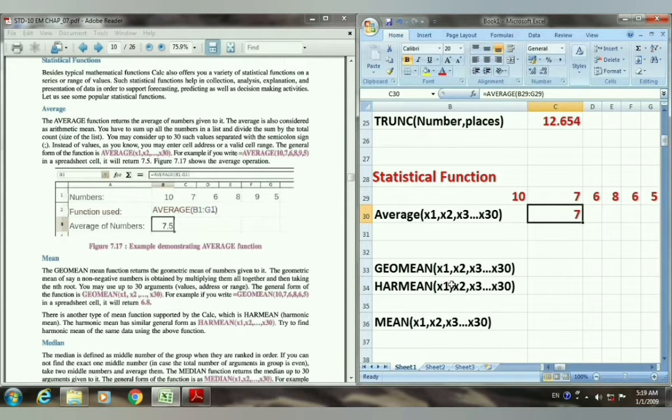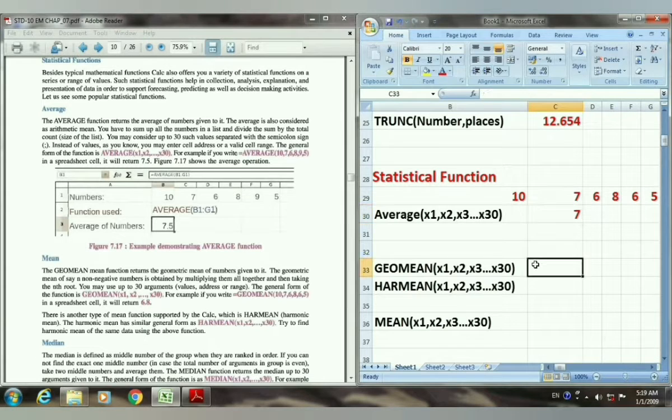Then the next function is the geomean function. This geomean function returns the geometric mean of the numbers or the series of cells that is given to it. Means in the geometric mean it will first multiply all those numbers and then find the nth root of that, meaning the root according to how many values there are. Here, for the geomean value, we have the same series of range.